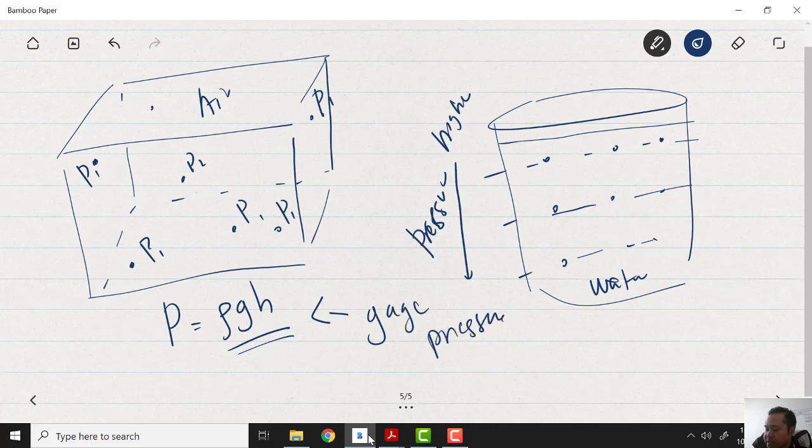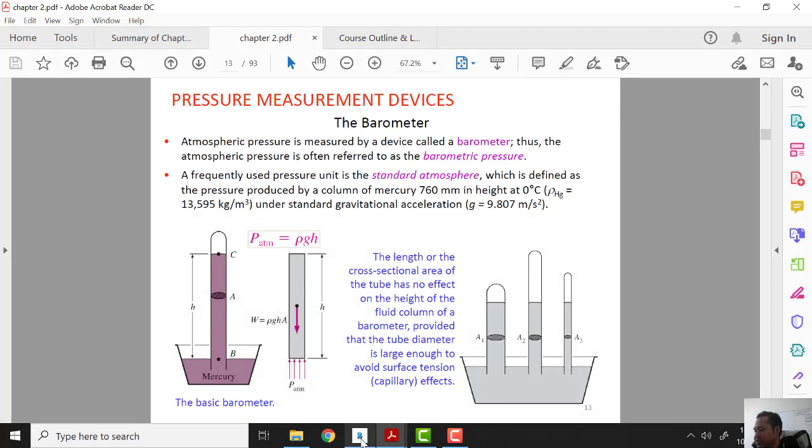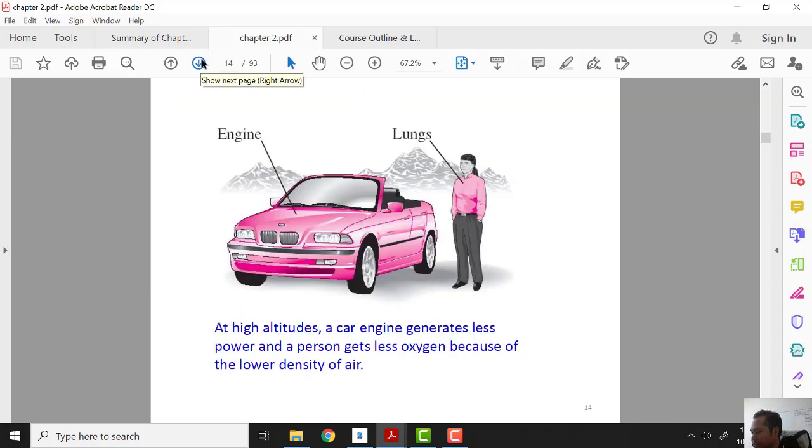Gauge pressure. Okay, must remember it. Alright, this is a barometer. A barometer is usually used to measure atmospheric pressure. Next, we'll be looking at the